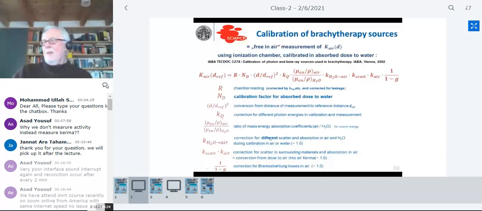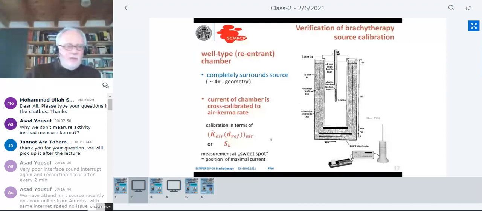At the hospital, you have a different method of measuring, and that is using a well chamber, or a so-called re-entrant chamber. And this is what you see on this slide here. A re-entrant chamber looks like this, this is what an old type looks like in reality. What it actually is, is a large cylindrical pot with double walls and with a void space between the two walls. So this is a double cylinder, and you have a hollow between the inner and the outer wall of the